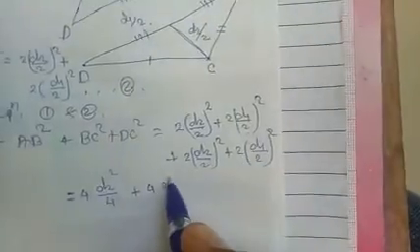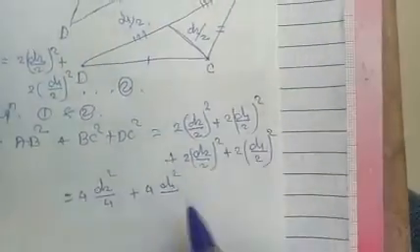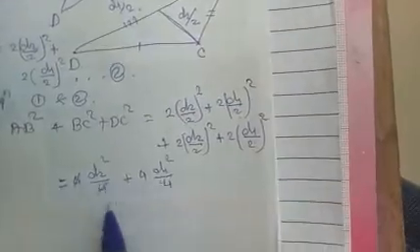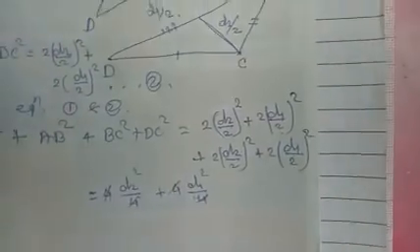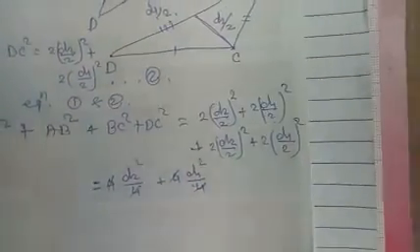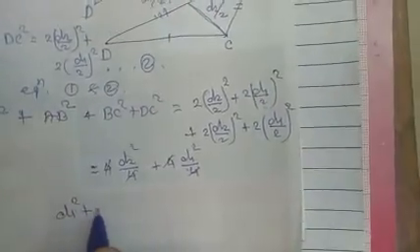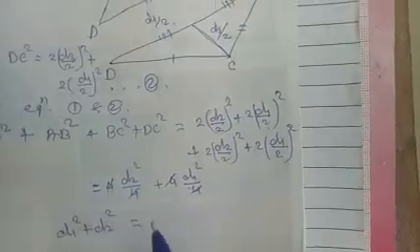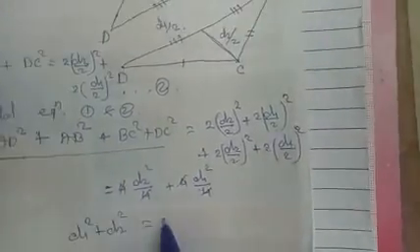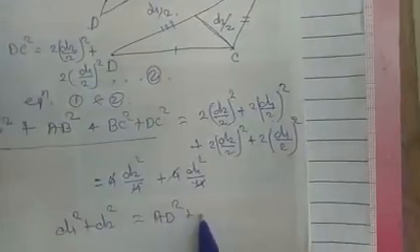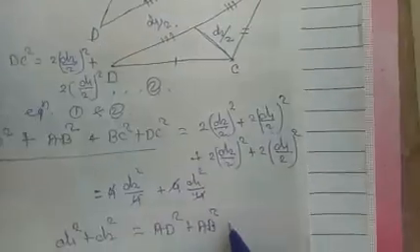So D1 square and 2 square is 4. So 4 gets cancelled, 4 gets cancelled. Then the right hand side remaining is D1 square plus D2 square is equal to, what is the left hand side? AD square plus AB square plus BC